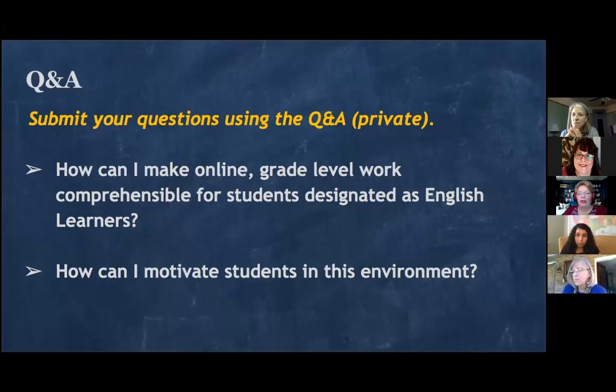Also, break things down and make them in shorter bursts, where it's not all at once. Take the document and take out all of the extra things that they don't have to know and just focus in on those key elements of the lesson that they need. So start with vocabulary. Make sure they understand the vocabulary before you give them the lesson.